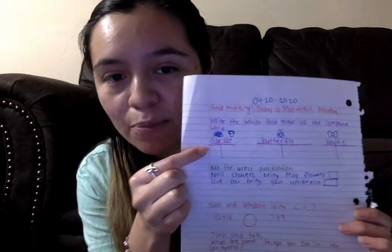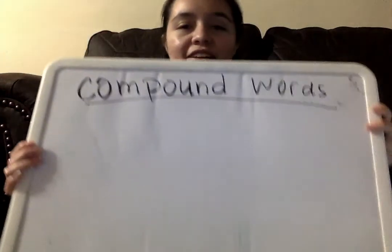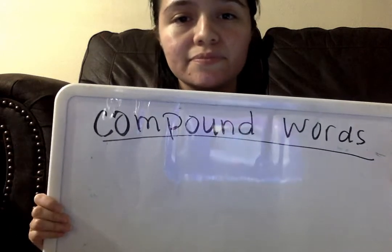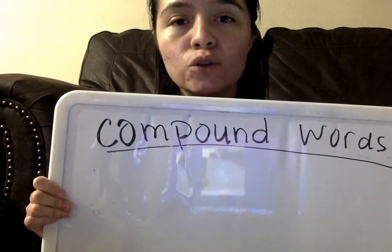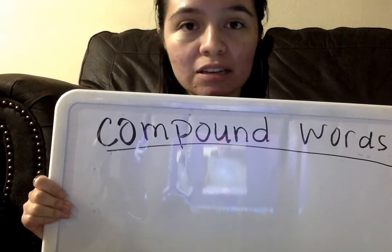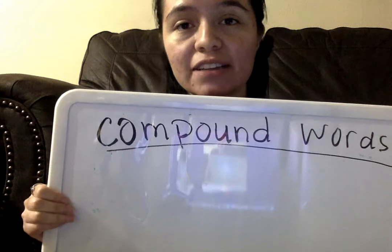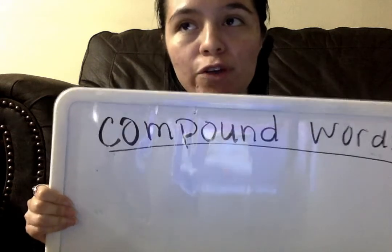And here at the top, we're going to have something that we hadn't talked about before called compound words. Now, have any of you ever heard of that term, compound words? So basically what it means is a compound word is when you have two words that were originally words by themselves and then you put them together and they create a whole new word. So for example,